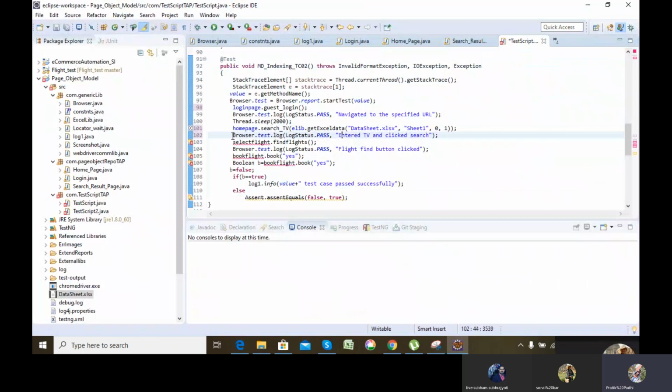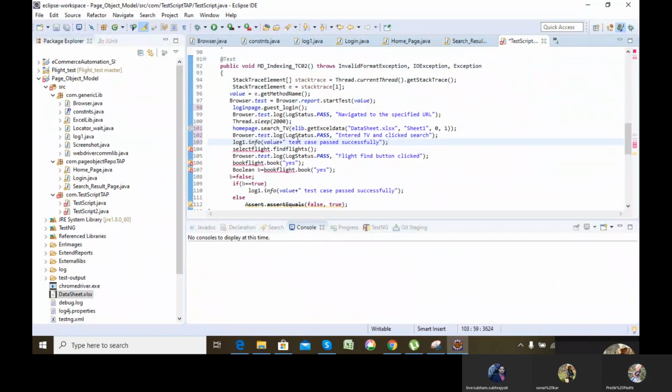This one I'm doing for the extent report. If I want to log it in the log file, what I can do is use the logger dot, I'll be using this function. I can also write this same message in my log file which I'll be creating.